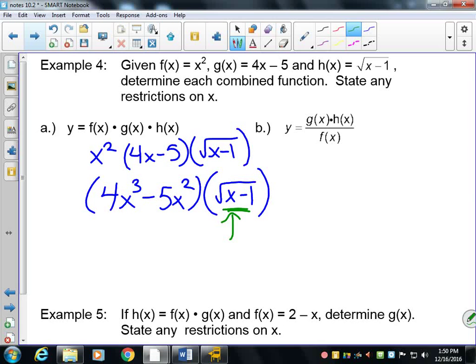So anything less than 1, right, will give me a negative number. So my restriction says x has to be greater than or equal to 1. Because anything other than that will make me take the square root of a negative number. So my restrictions